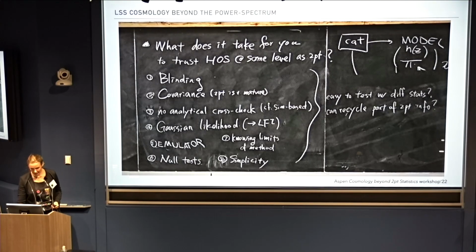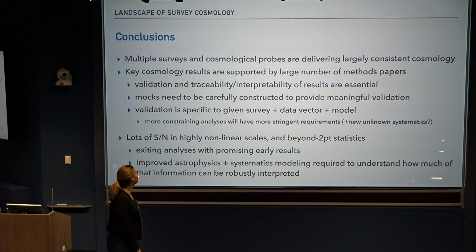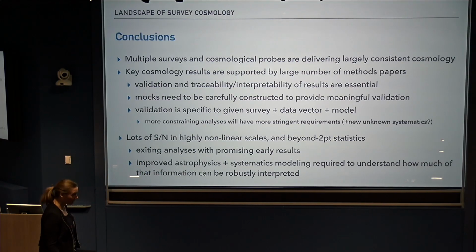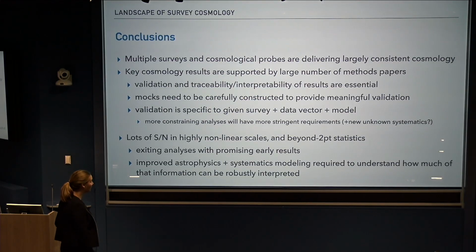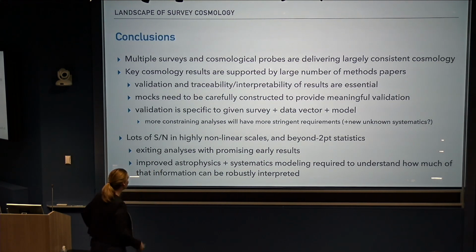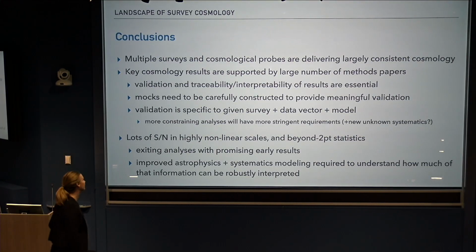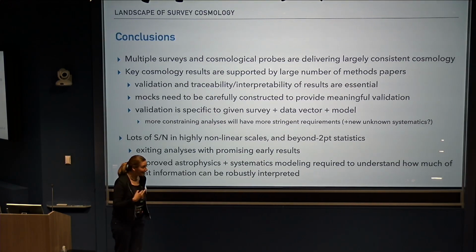And I could, of course, talk more about validation on that front. But given the time, I will jump to my conclusions. So we are now in an era where multiple survey collaborations are delivering consistent cosmology from different cosmological probes. And it's largely consistent, with some, of course, possibly interesting cracks in the model maybe emerging. I really want to emphasize here that these key cosmology results are supported by a large number of methods papers, and those are really essential in order to, at the end, make sense of results,